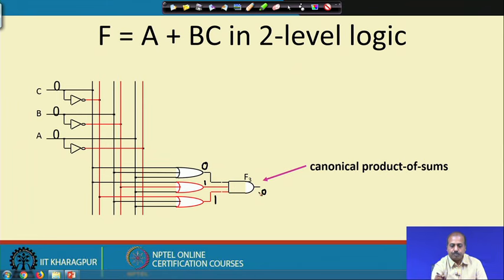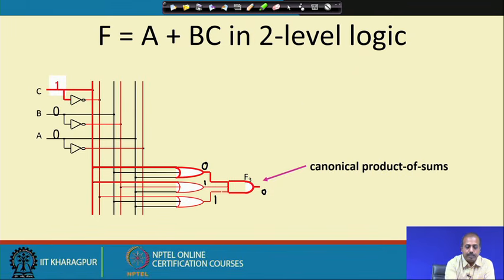Now, consider the case when this C value has changed from 0 to 1. When it has changed from 0 to 1, the C input has become equal to 1. As a result, this OR gate will now be equal to 1. So, this output becomes equal to 1, and after some time